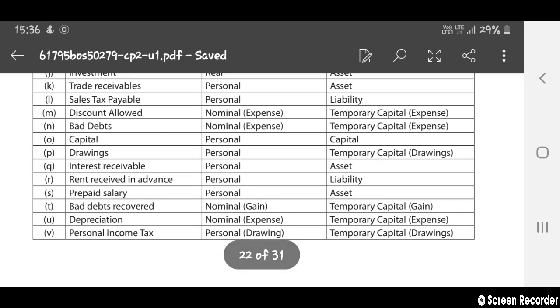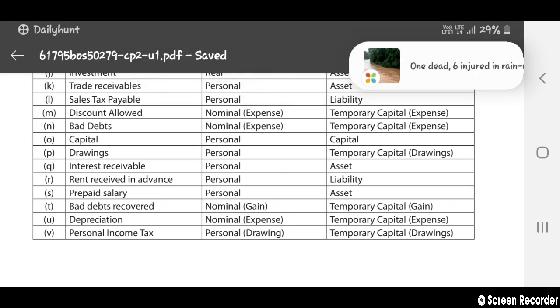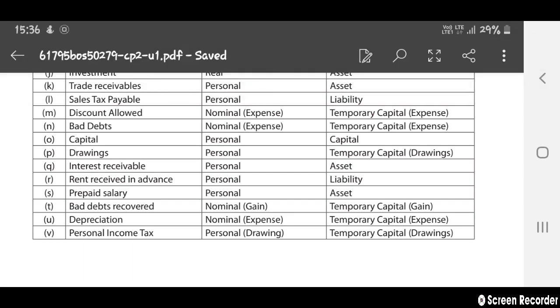Next, trade receivables, it is personal in the traditional approach but it is assets in the accounting equation approach. Next, sales tax payable, it is personal in the traditional approach, but it is liability in the accounting equation approach. Discount allowed, it is nominal expenses in the